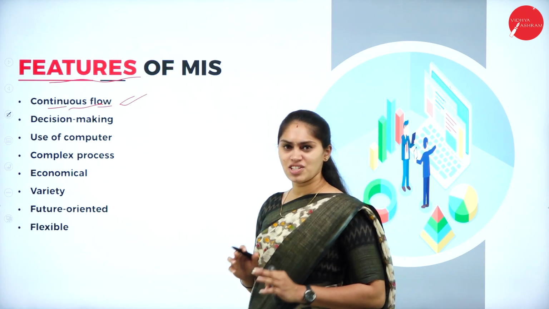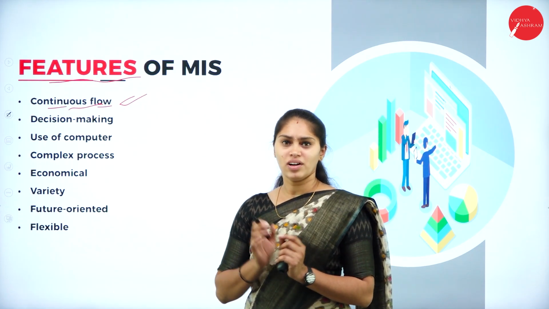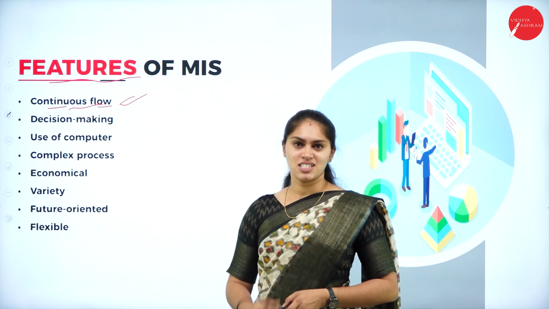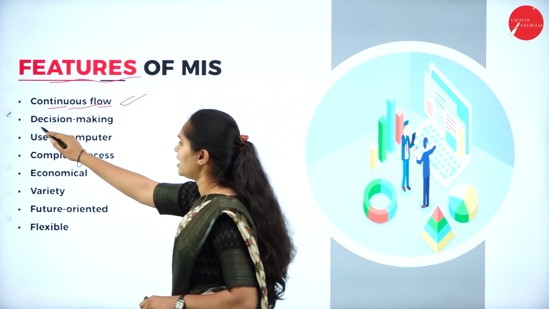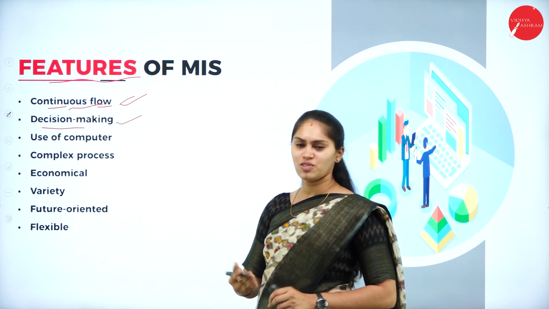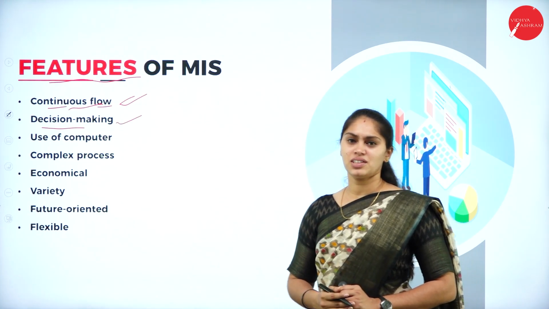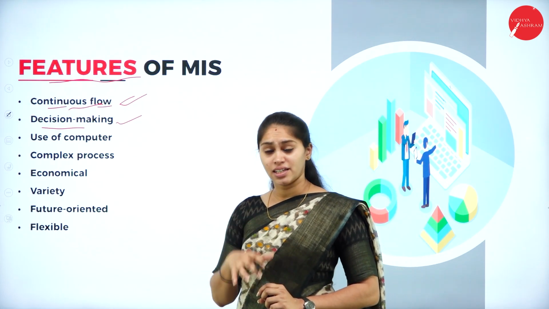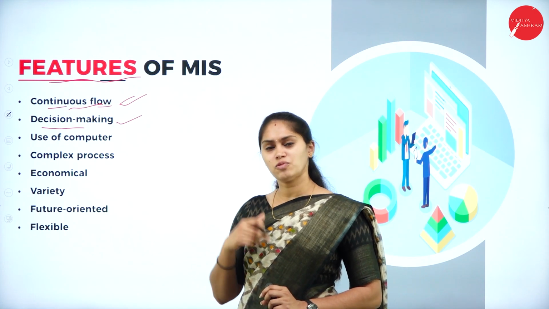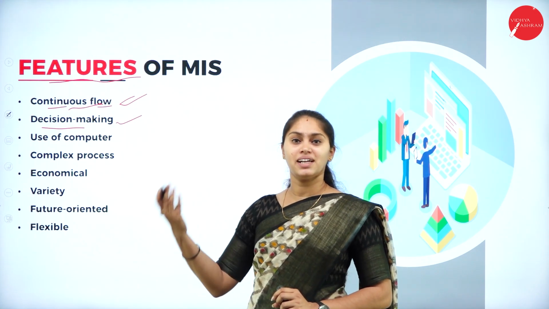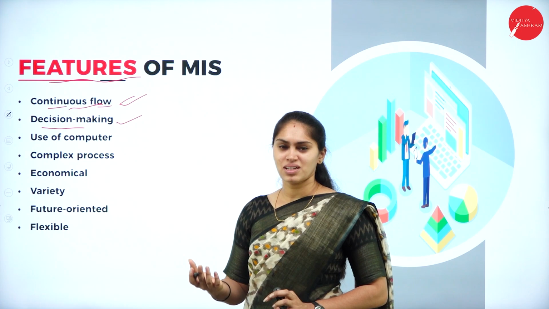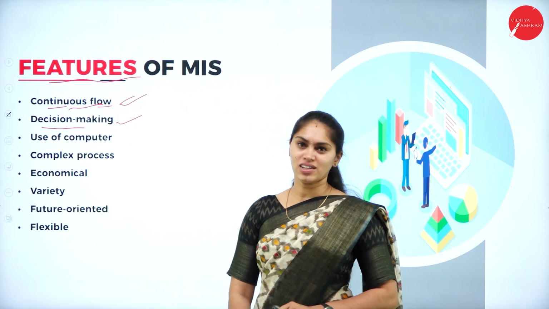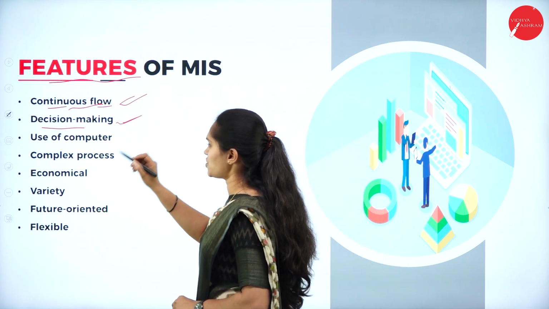So when it comes to the features of MIS, the main thing is what? It has to work with the information and data which is needed for my decision making. Next is decision making. We are going to use this computer system mainly for flexibility, which will be helpful to retrieve the data whenever it is required. For what purpose am I retrieving that? For my decision making. I want to make decisions which are helpful for my organization, enterprise or firm. That is related to decision making.